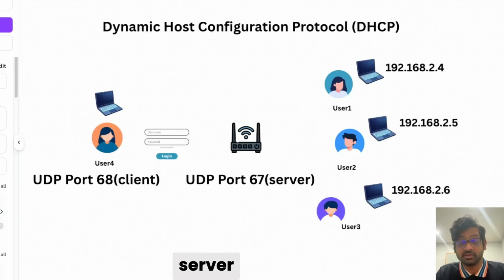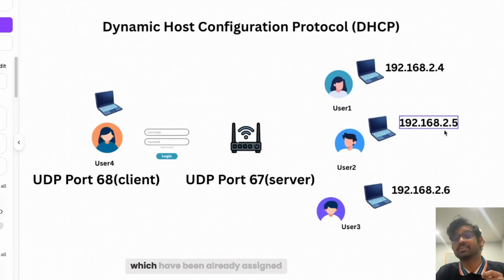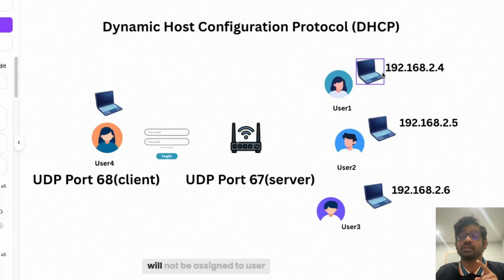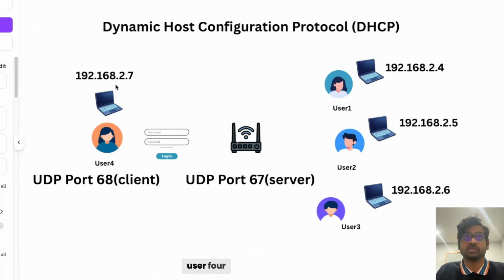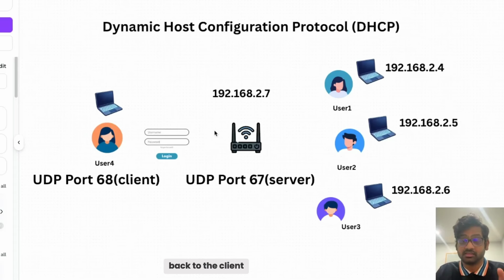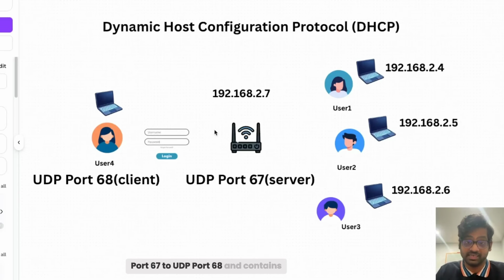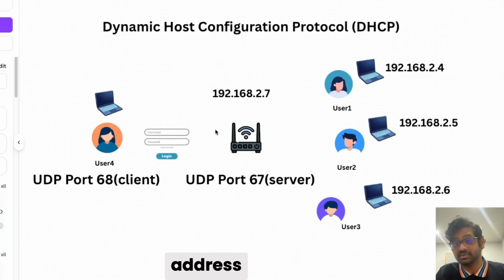The DHCP server receives the Discover message on UDP port 67 and checks its IP address pool. It selects an IP address that is not already assigned to another device. So the IP addresses already assigned to the three devices will not be given to user 4; a new IP address will be. In this case, it will be 2.7, since it is available. The server then sends a DHCP Offer message back to the client. The message is sent from UDP port 67 to UDP port 68 and contains the offered IP address along with